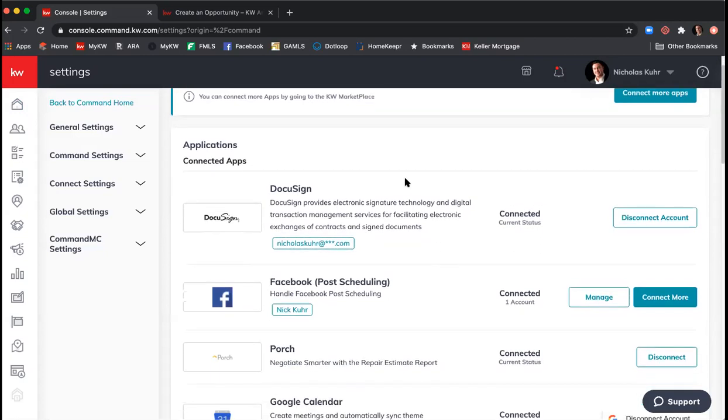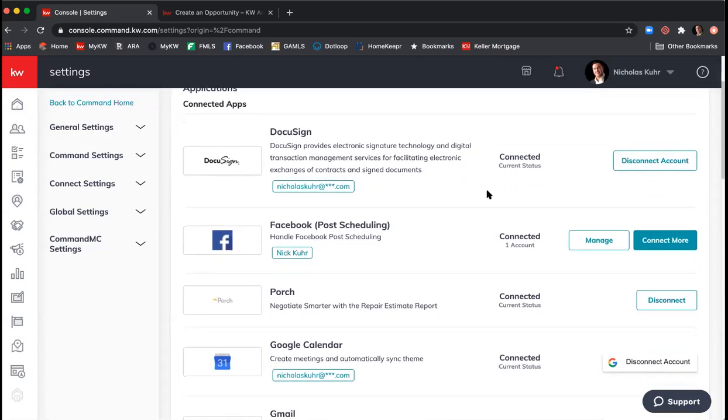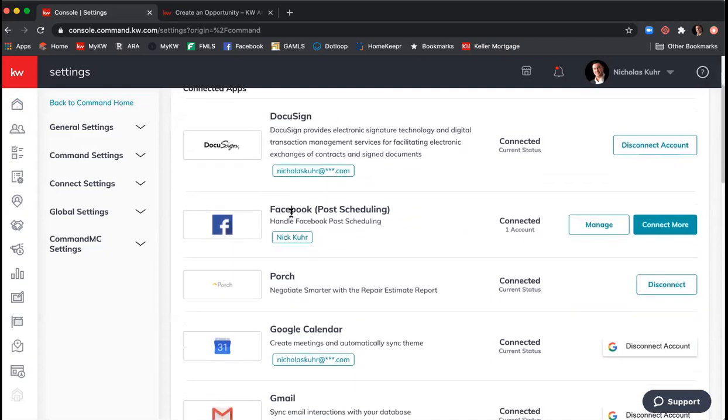The first one is going to be DocuSign right here. I'm going to wait just a second to talk through DocuSign after I walk through all the other ones, but DocuSign is the preferred e-signature platform for Keller Williams. Below that is Facebook post scheduling. If you have a Facebook business page, you can connect that account to Command, and then you can start to